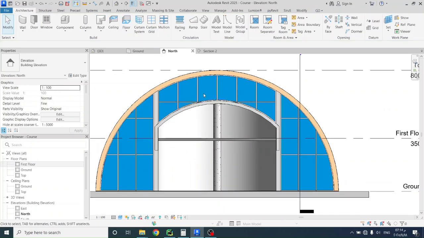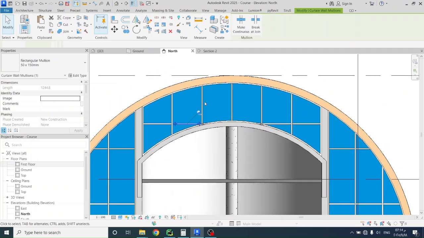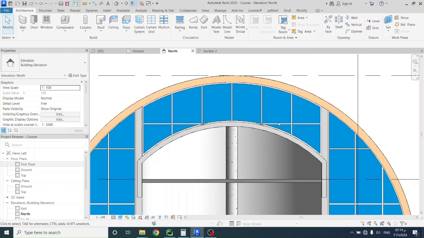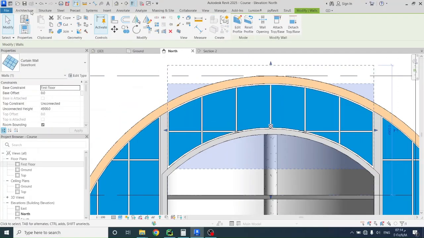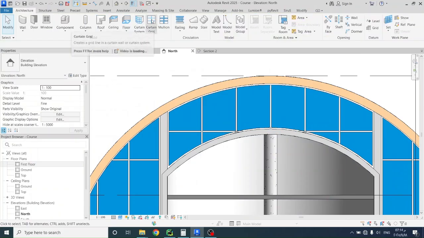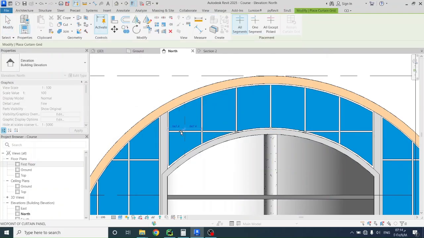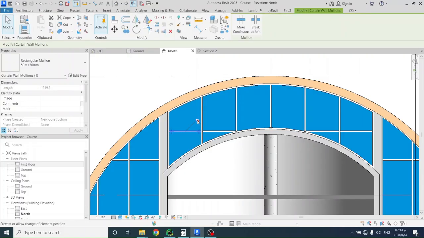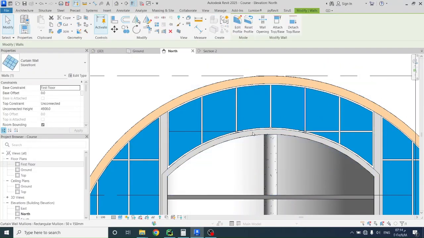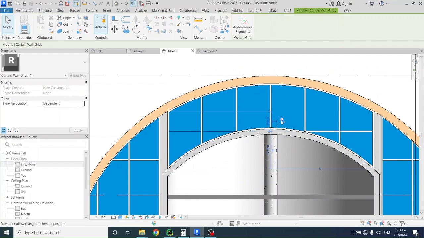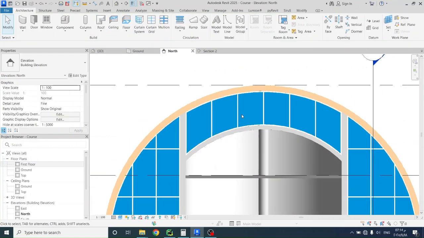See, can't really do that, and I honestly don't want these mullions here. I'm just going to need the vertical ones. I don't need the horizontal ones. That's why I'm going to go into architecture, curtain grid. No, we don't need to add anyway. And just delete those. Alright,